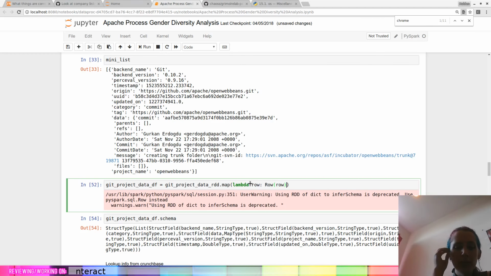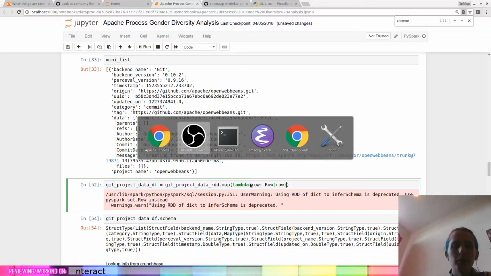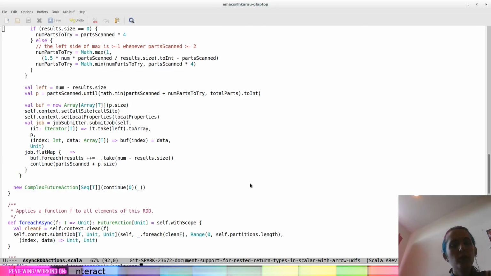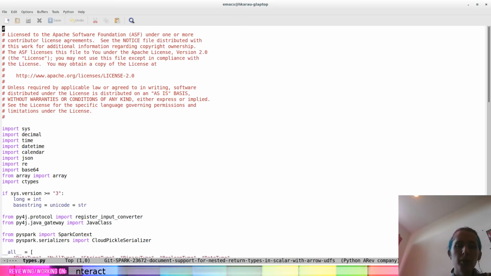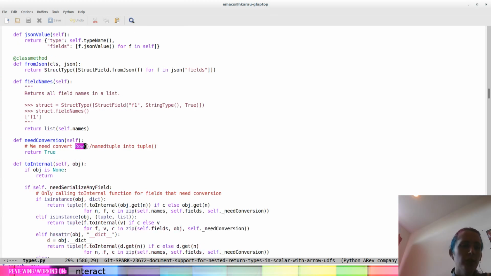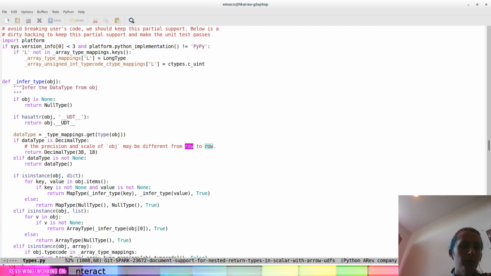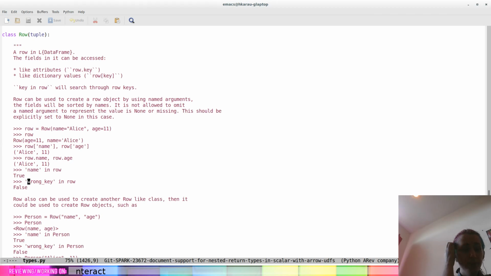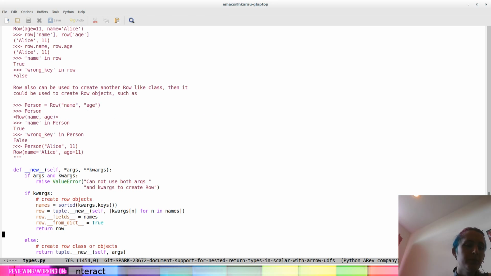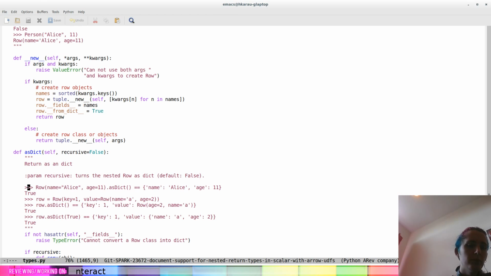Let's go ahead and double check what... Ah, wrong one, sorry. So Python, PySpark, SQL. It's probably going to be in types.scala, maybe not. Class row is of type tuple. Okay. So there's asDict.